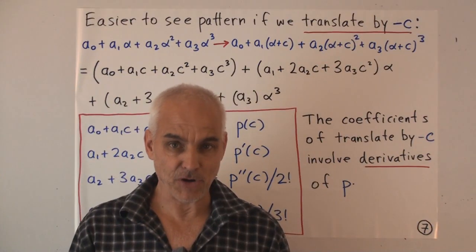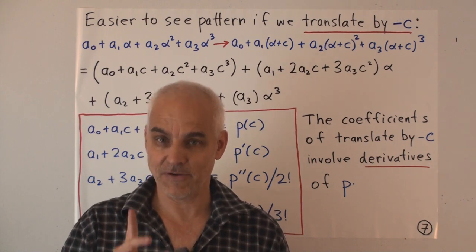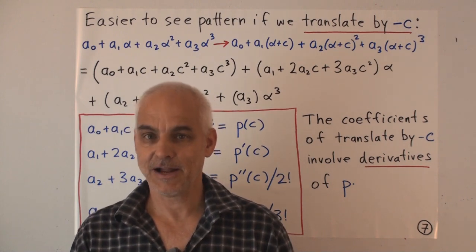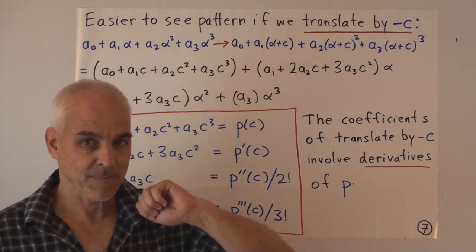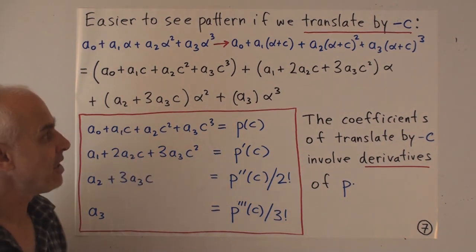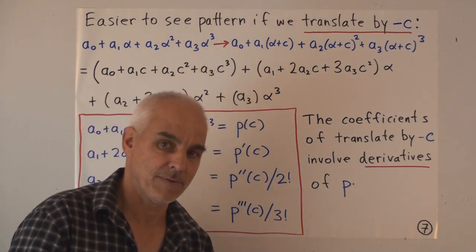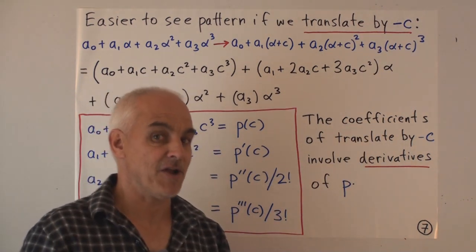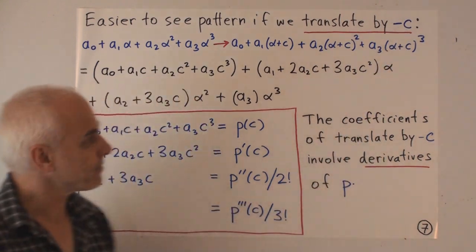This idea of translating a polynomial is a very important one, because hidden inside it is the derivative of a function. It's a very important and interesting insight that we can get just by looking at these polynomials of degree 3 or less. To understand that, let's make things a little bit clearer, in fact, by not translating by 3, but translating by something a little bit more general. So we're going to translate by C, but not to the right, but to the left. In other words, we're going to translate by minus C.